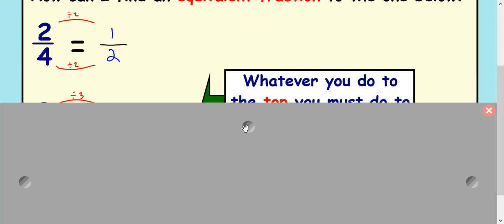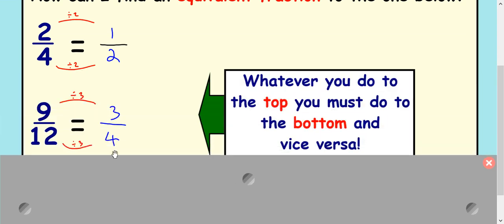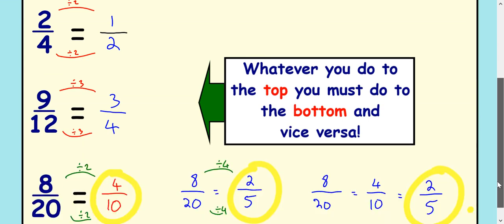Another few examples here before we go into ratio. 9/12, they're both in the 3 times table, so you can divide the top by 3 and the bottom by 3 to get a simpler fraction, which is 3/4. And finally, a slightly more complicated one,